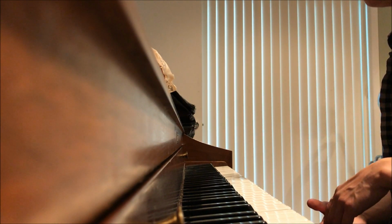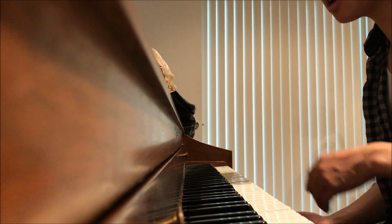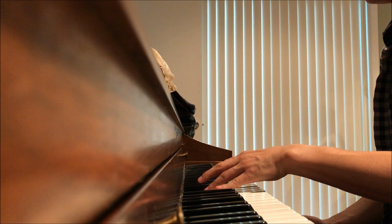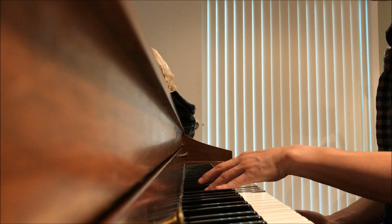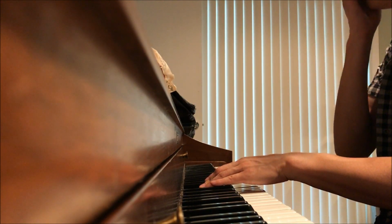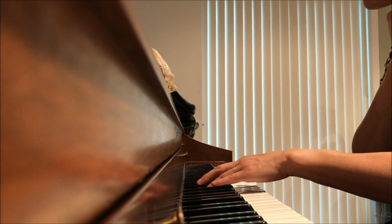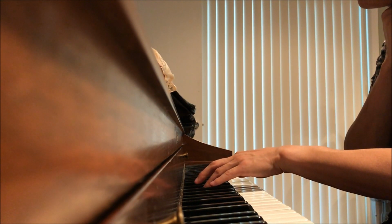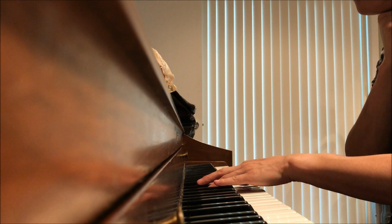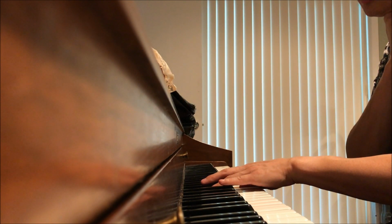Then you have your generic 1, 2, 3, 4, 5 with the 3A, 3B, and the 4A. So we have a 1, which plays a D sharp, 2, which plays the F sharp, 3A plays a G sharp, 3B, which plays the A,